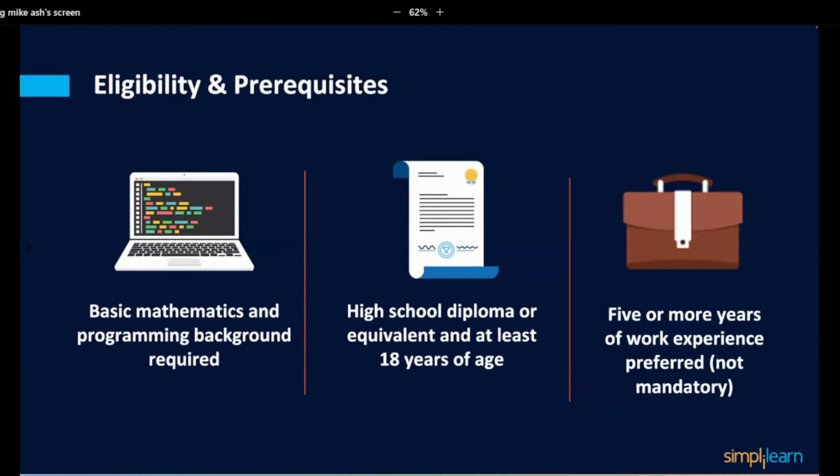This is a program that's also designed for adult learners. You don't have to go to college, but at least be out of high school. And if you've got work experience, that's even better, because then you can understand the context for how some of these things are going to be applied. So those are really the prerequisites.